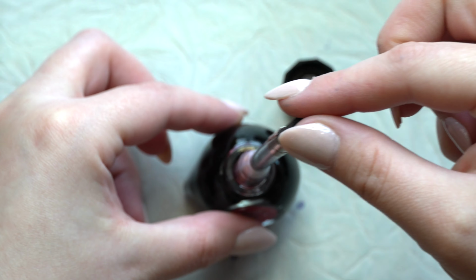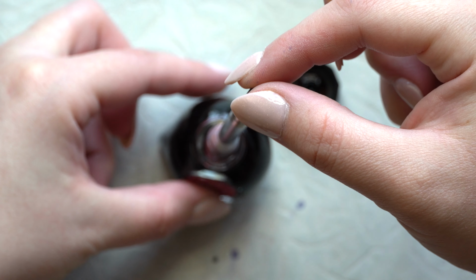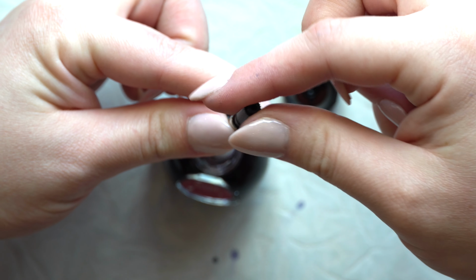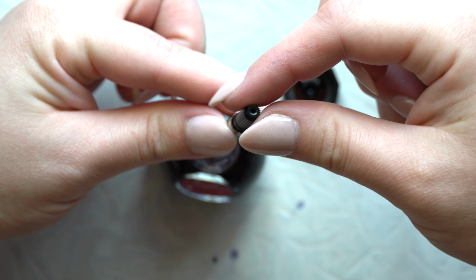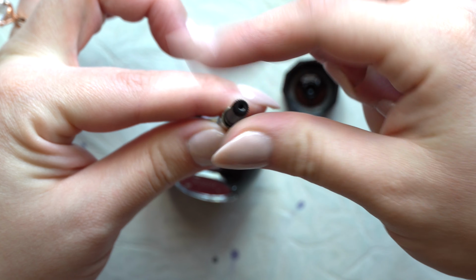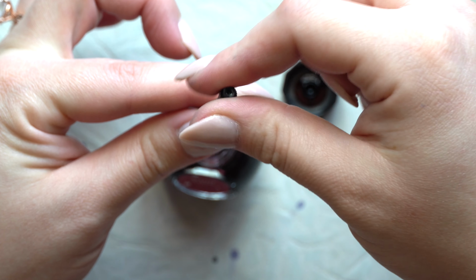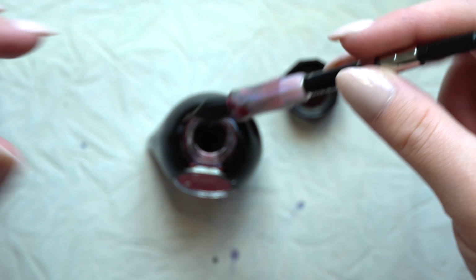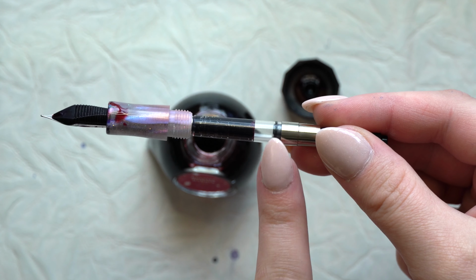here. I don't know how well I'm going to be able to show this because I have to leave the bottle flat, but I'm going to twist the converter here, and I have a little bit of ink pulling up into this, and just keep twisting until I get to the top. I do want to just fill the pen however it decides to fill, which it actually filled almost completely, as you can see here,